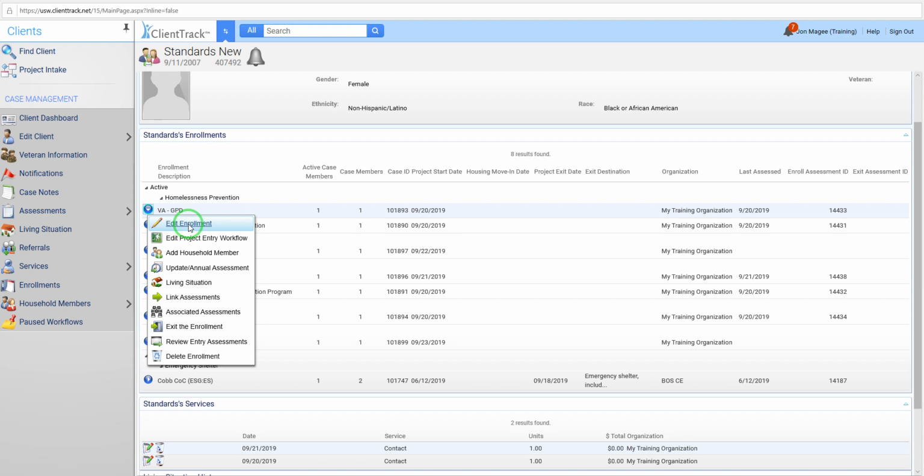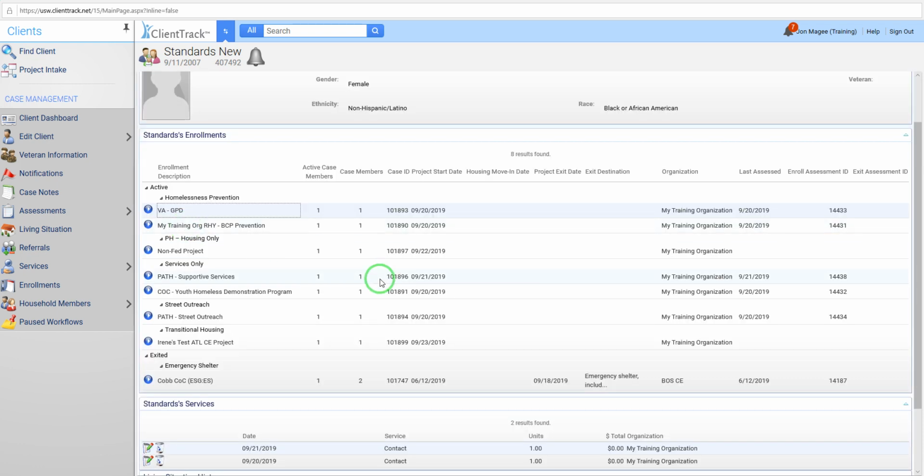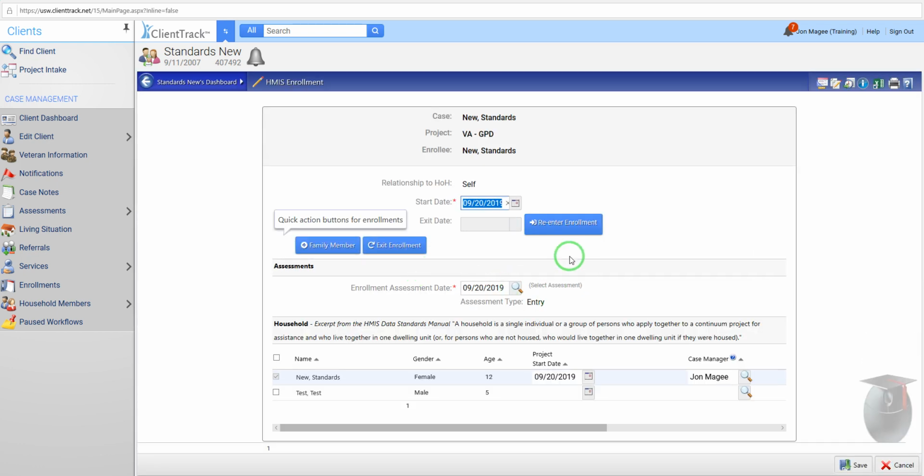Before though, there wasn't really a quick way to get to that form, so what we'd have you do is start the edit project entry workflow, which would kind of start the workflow process. You'd have to skip through a couple forms, make the changes you need to, and then exit out of the workflow. What they've done here is they've just made this edit enrollment button that takes you directly to the enrollment information,